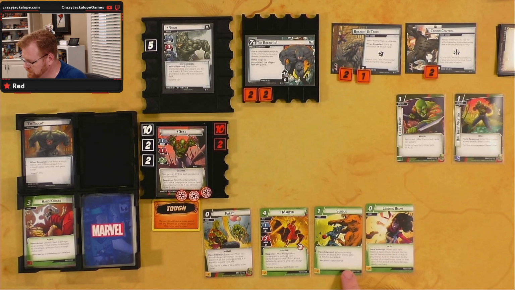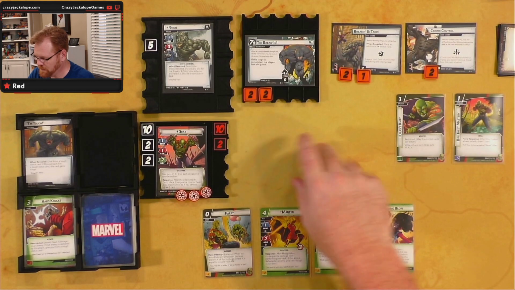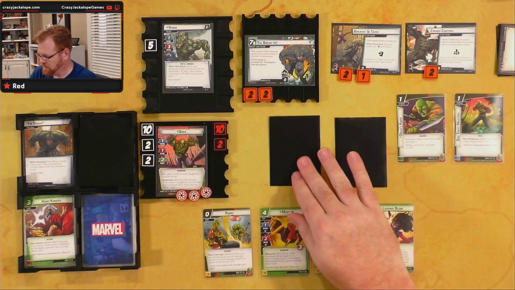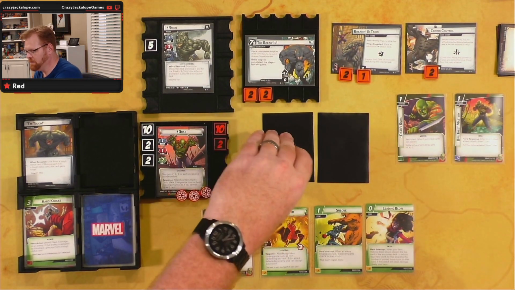I could subdue. Now we'll just lose our tough. All right, tough goes away. We take 3. Tough soaks it all up. All right, we're going to get 2 encounter cards. 1, 2. All right, so here's the deal. We got to see what these bring. All right, encounter card number 1 is...